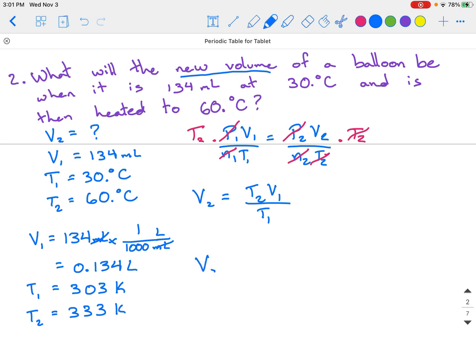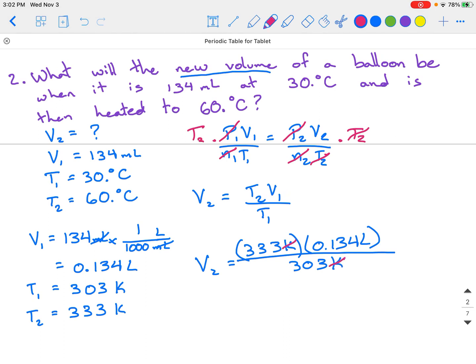Now I can start plugging things in. V2 equals 333 Kelvin times our volume, which is 0.134 liters, all over 303 Kelvin. There's a lot of threes here. Oh well. All right, Kelvins cancel out. Our units we're left with are liters. When you plug this into your calculator, you end up with